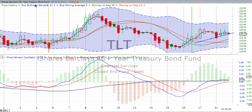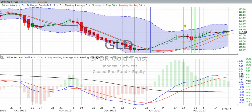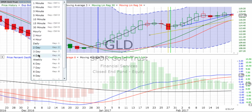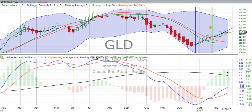Okay, let's lastly go back to our 2-day chart, and we will take a look at gold. Gold up just barely 0.06%. It is below the 2-day trend line. It did crest below that. Still in an upward trend as far as, well, it's really sliding sideways as far as the PPO goes. Derivative oscillator is losing energy. That's our 2-day chart. If we take a look at our weekly chart, we see that gold is not going up with the same force it had been before, and the derivative oscillator is holding steady, so keep an eye